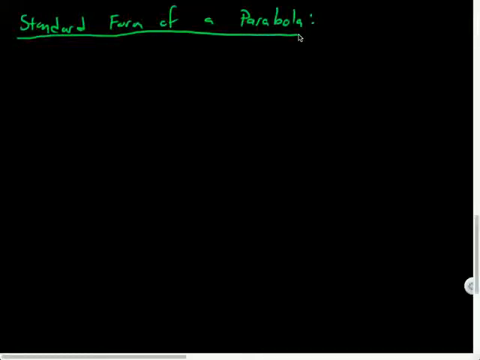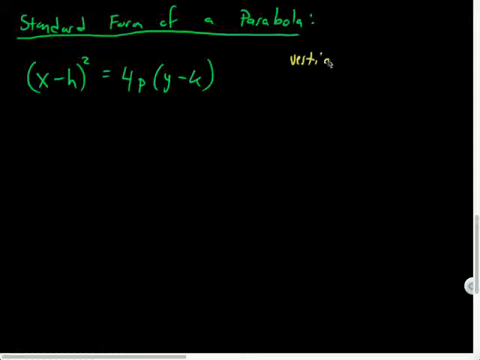So let's first talk about our upright parabola. We'll have (x − h)² = 4p(y − k), which is going to be our standard upright parabola. Our facts about this one: it's vertically oriented. All right, the vertex